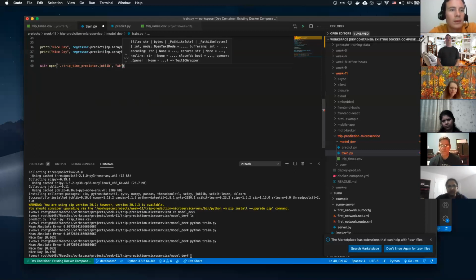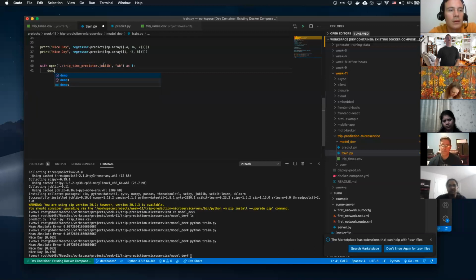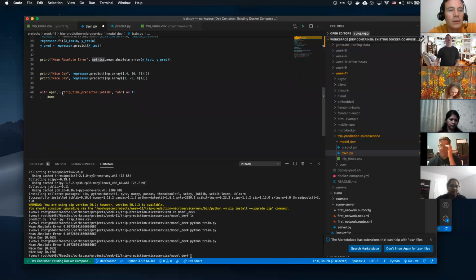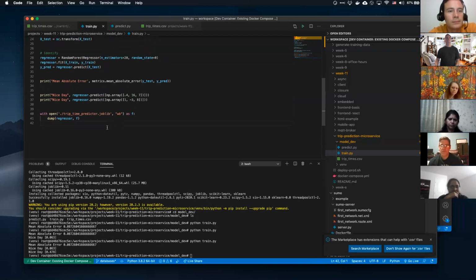It's more convention than anything. And then as my file pointer, and so I'm doing that, and then I'm going to use dump, which comes from the pickle library. So this dump, it's just a function, and what dump does is it serializes this regressor object into this file right here, joblib. So that's a little bit of Python for you.